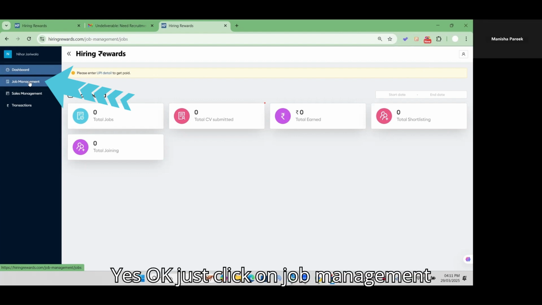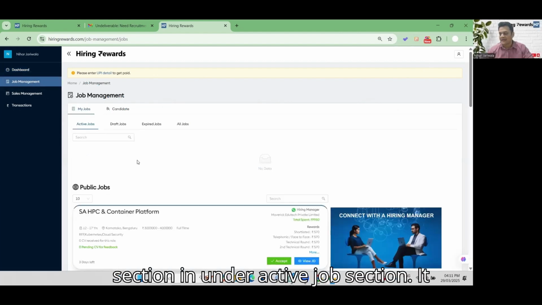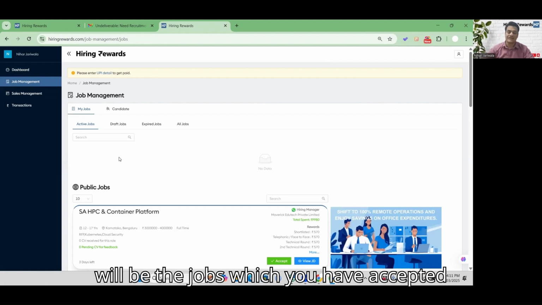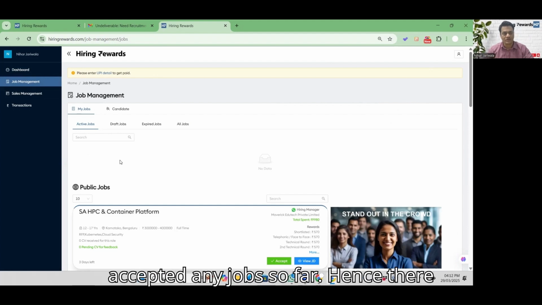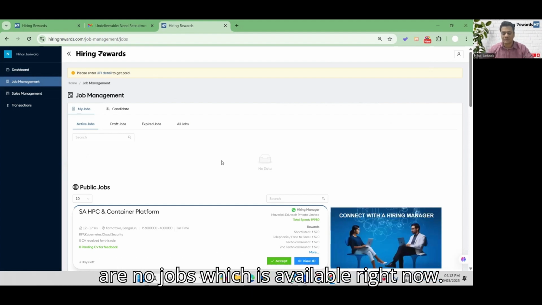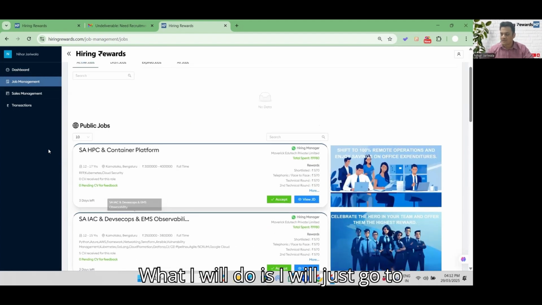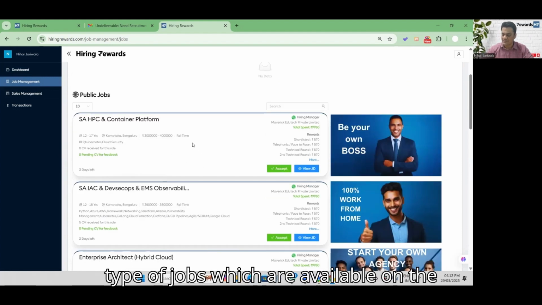Okay, just click on the job management section. Under the active jobs section, it will show the jobs which you have accepted to work on as a freelance recruiter. As this is a fresh account, I have not accepted any jobs so far, hence there are no jobs available right now. What I'll do is go to public jobs and see what types of jobs are